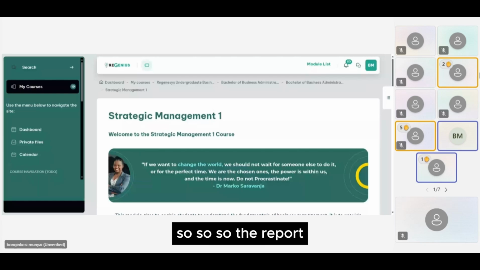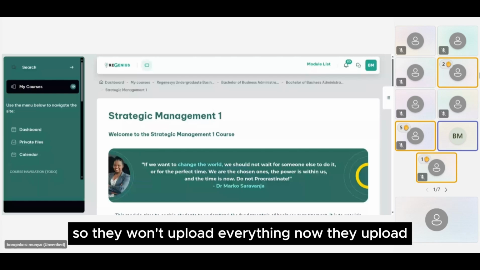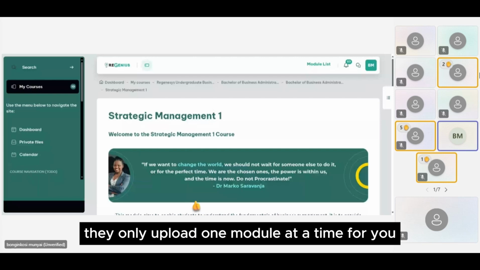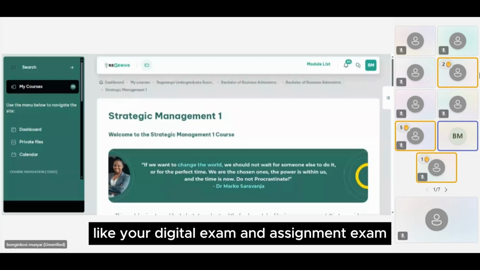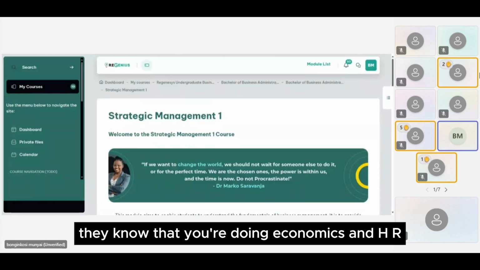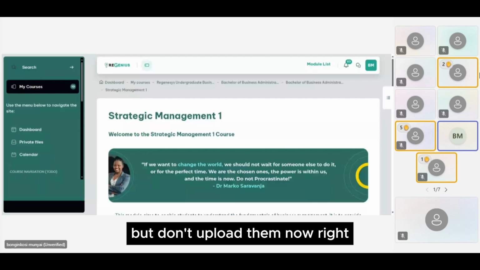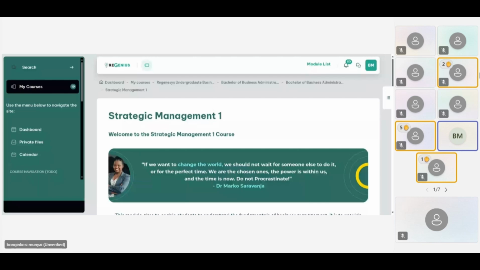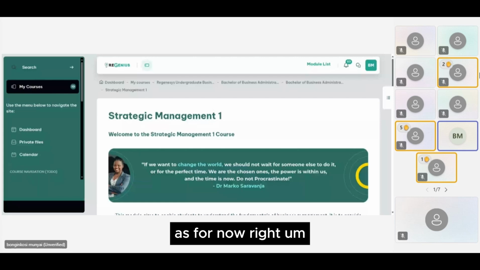So they won't upload everything now. They want to upload one module at a time for you, like your digital exam and assignment. They know that you're doing economics and HR, but they won't upload them now. They upload them closer to the time before your classes start. As for now,